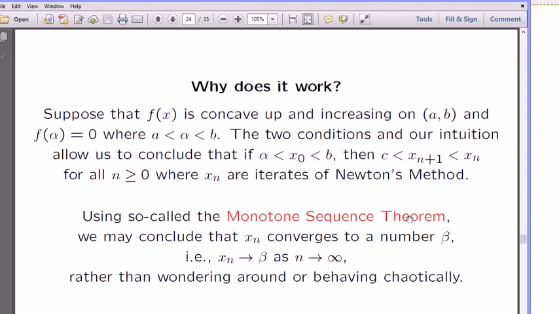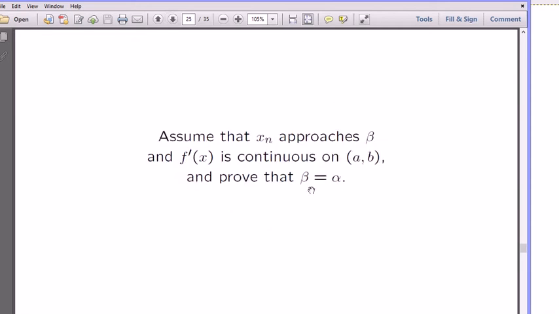You learned a better statement in Calc 2. Still, they don't prove it. It's a very fundamental part, and it's difficult to actually prove it. You end up with a lot of circular reasoning. Alright, so that part we accepted. Xn is going somewhere, and we want to show why that point it is going to is actually alpha, which is where it crosses. So I'm going to copy this